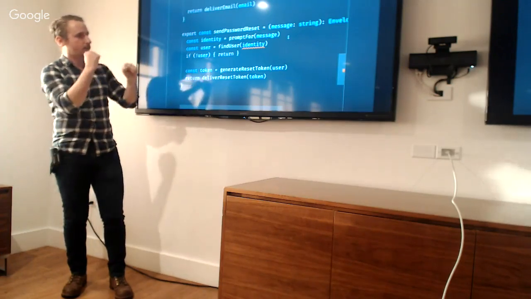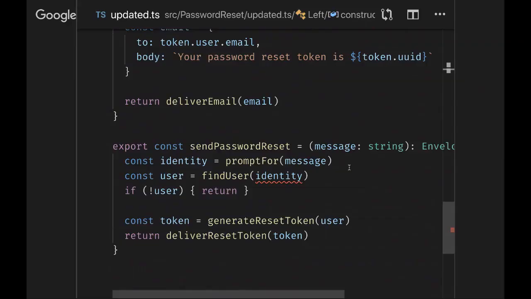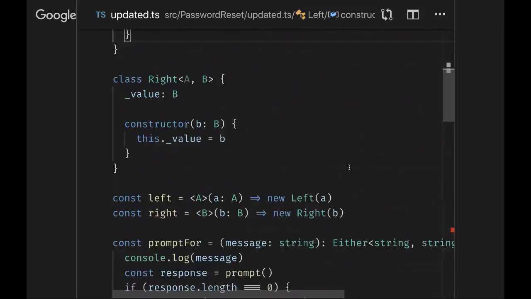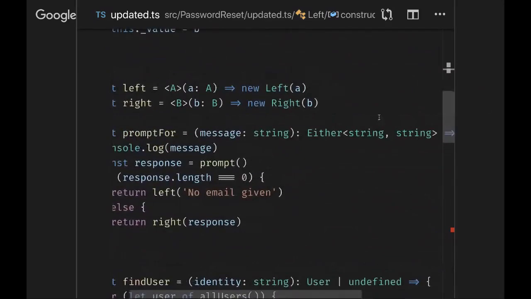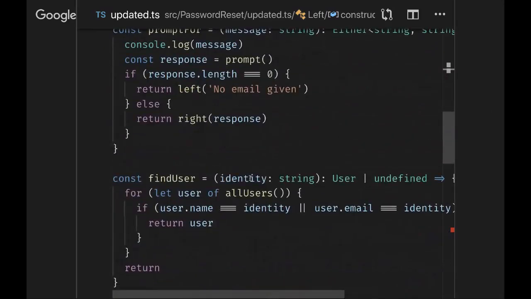Well, what I need is some consistent way to handle left and right types, to give them the same signature. I want to be able to apply these functions one after the other. I want to apply this first function that takes a string and returns an either error or string to a function that expects just a string.